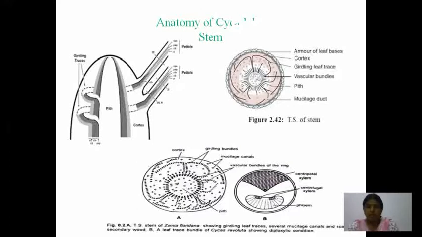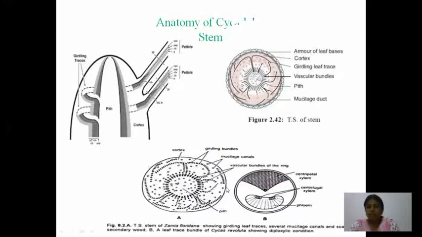Here you see this type of leaf trace arrangement is known as girdling bundles. It is the characteristic feature of the order Cycadales. Here you see the secondary xylem is present in very little amount. Because of this very little amount of secondary xylem,